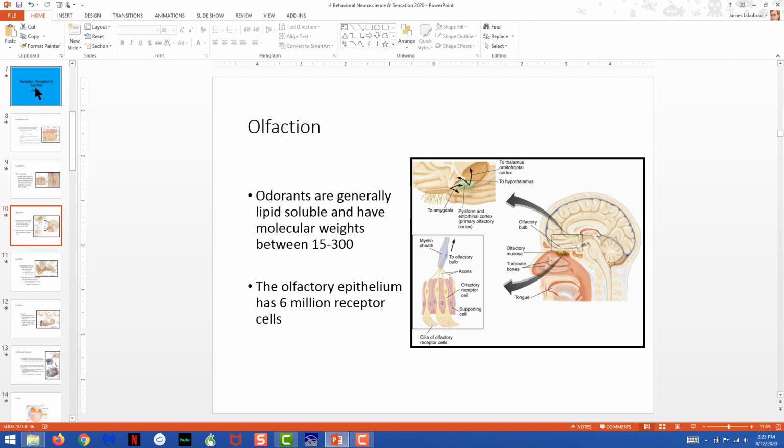Now, the olfactory epithelium has about 6 million receptor cells, which is really quite a bit. And that is going to give you your opportunity for the degree to which you can detect things. Of course, things like dogs and bloodhounds that are trained to smell different types of odors have many more olfactory receptors. So your ability to smell as good as, or to detect objects as well as, a bloodhound is certainly going to be restricted by your own human biology in this particular case.